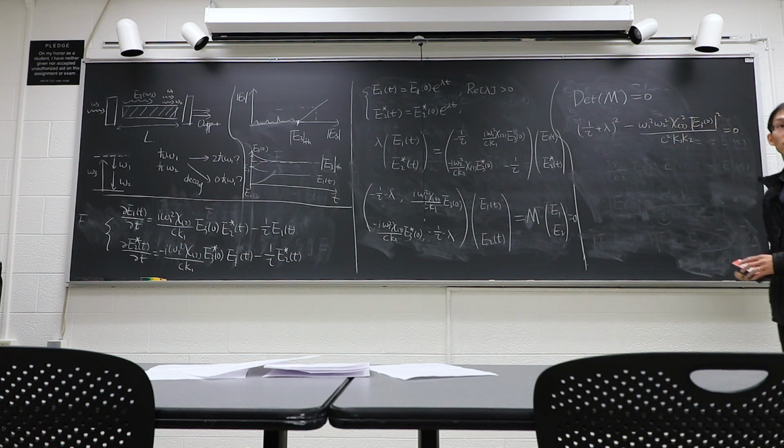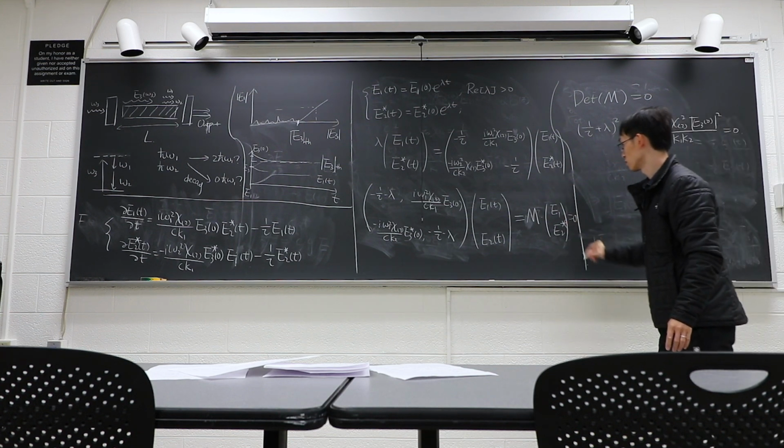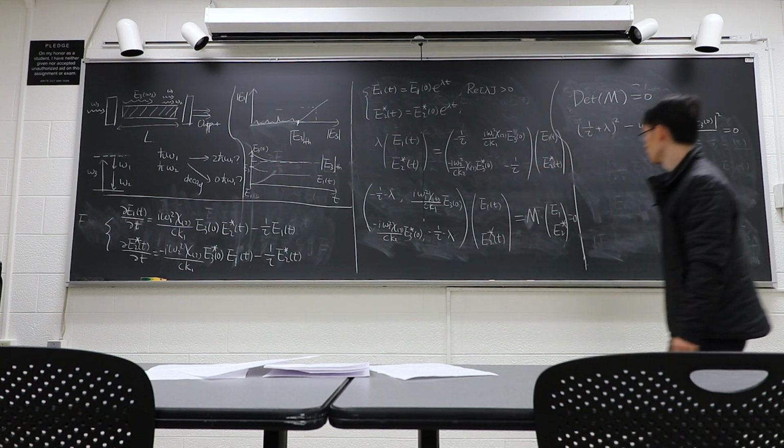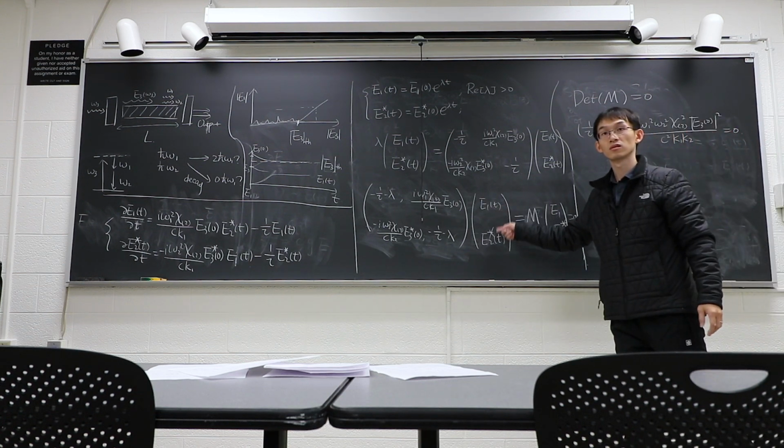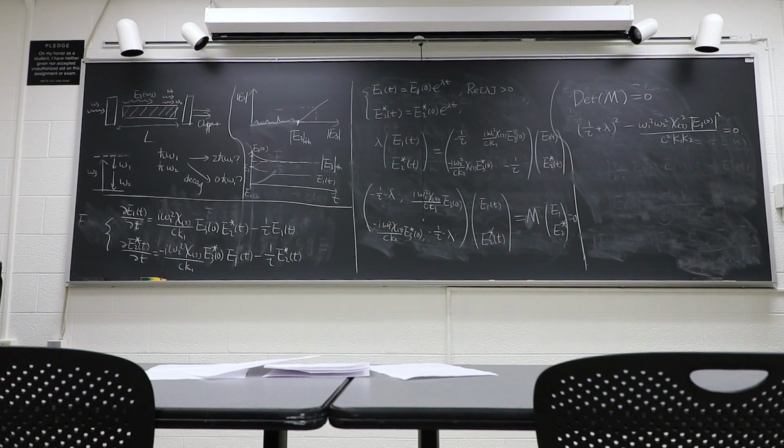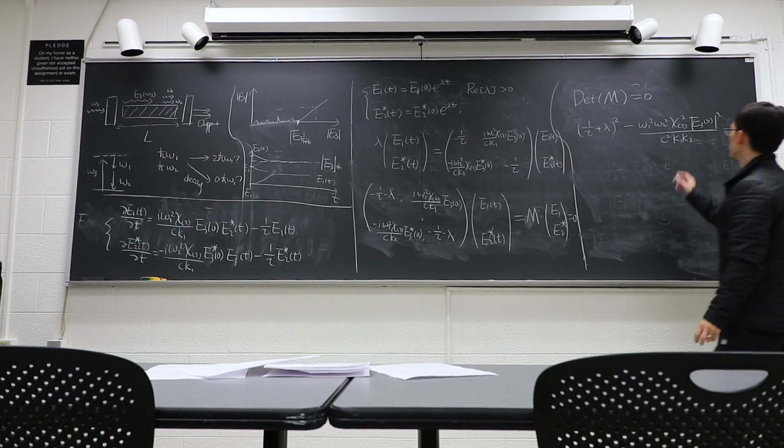Okay, this is a, yes? Are the E2 supposed to be conjugated in the lower? Yes, thank you. So this is a condition for a non-zero solution of E1 and E2. Okay. And